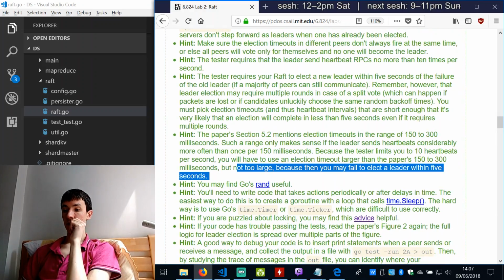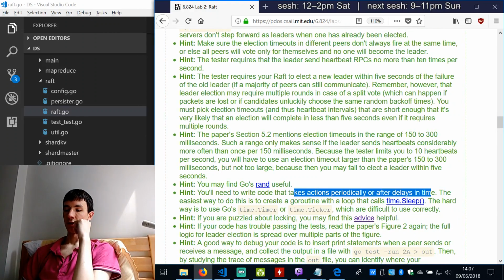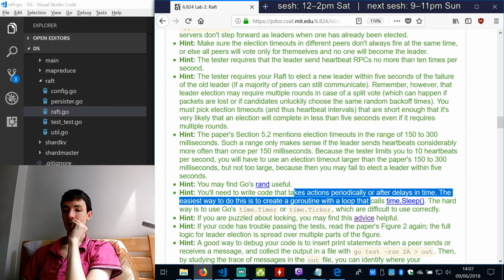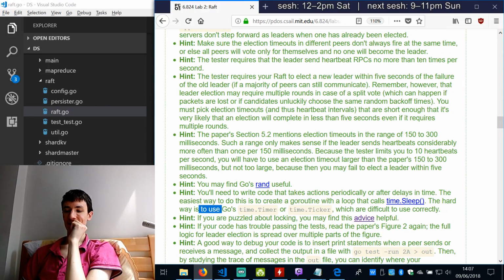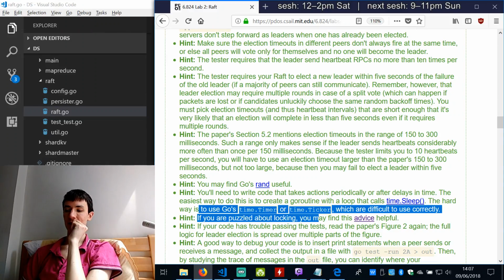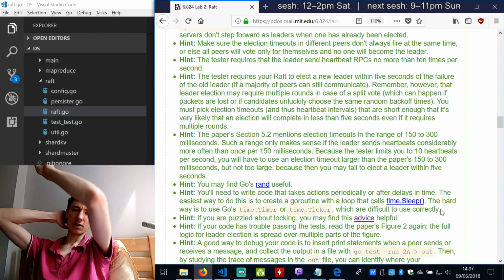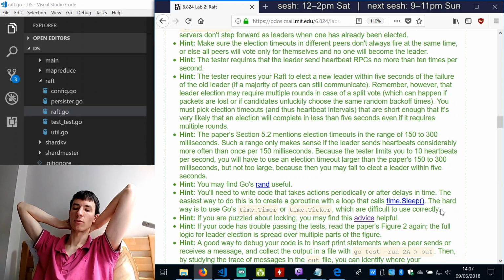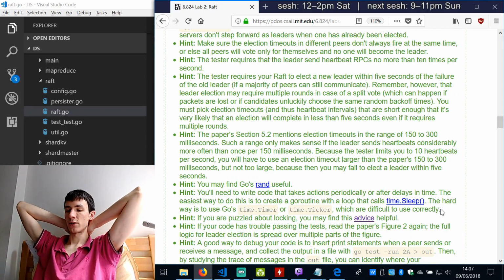Yep, I covered that. You'll need to write code that takes actions periodically or after delays in time. The easiest way to do this is to create a goroutine with a loop that calls time.Sleep, which blocks the loop. The hard way is to use Go's time.Timer or time.Ticker, which are difficult to use correctly. Understandable. There's no real reason to go beyond using sleep, because sleep is not guaranteed to be accurate timing-wise, but it is guaranteed to work more or less reliably within approximately the times you want, because logically sleep is all about